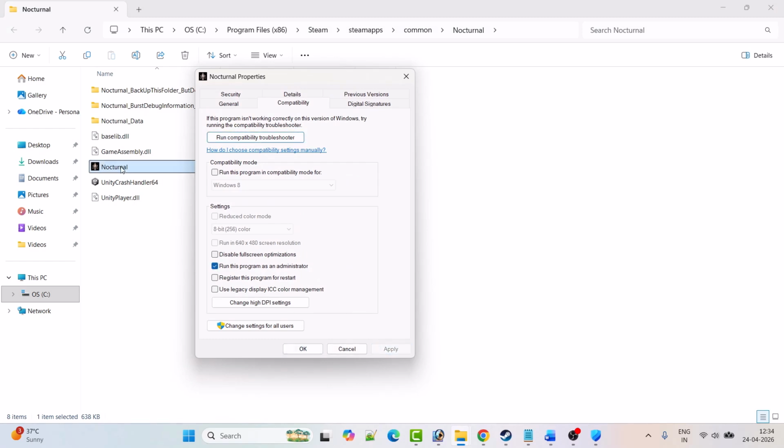OK, and then launch the game and check. If that doesn't work, then also check mark run this program in compatibility mode 4. From the drop down, select Windows 8, hit apply, OK, and then launch the game and check. If it's still not working, then from drop down, select Windows 7, hit apply, OK, and then launch the game